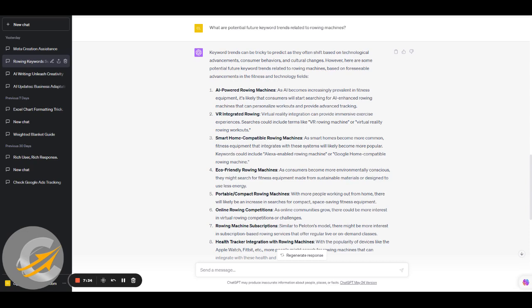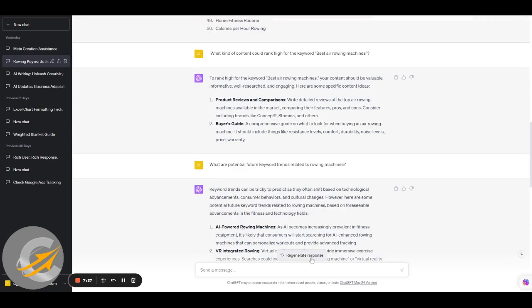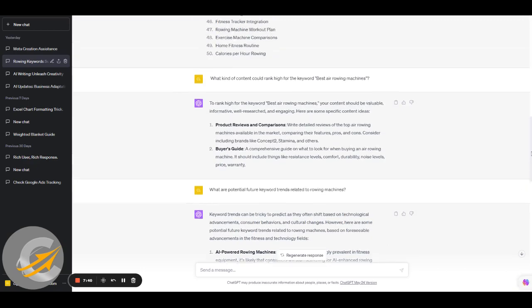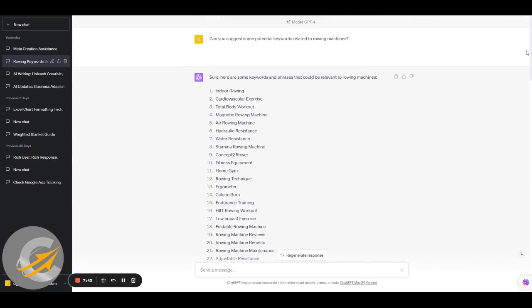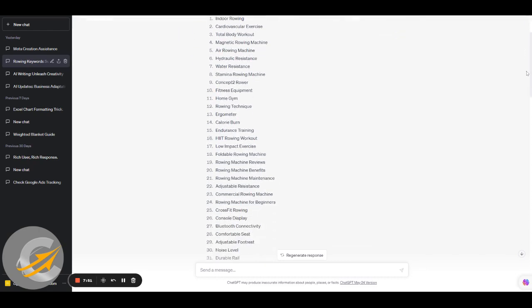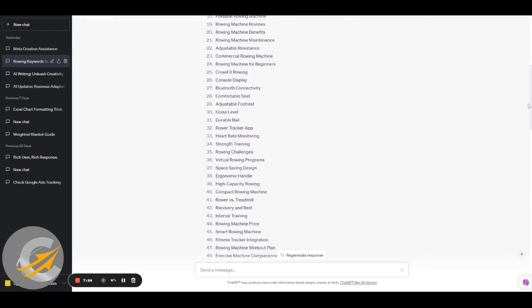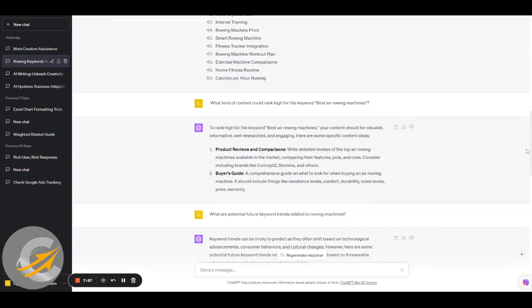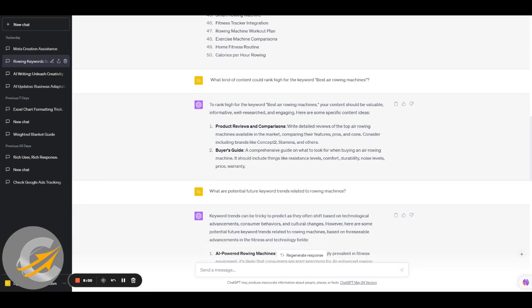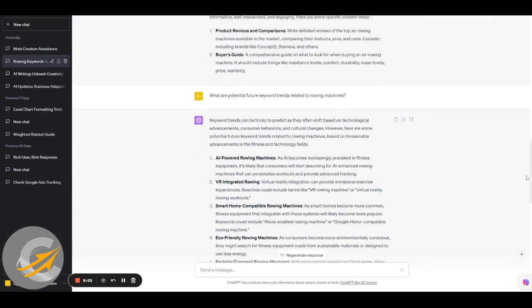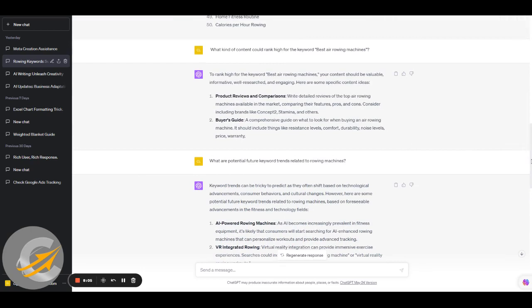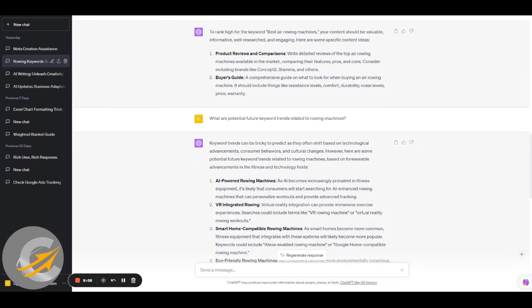So the 3 steps are, number 1, you ask for the suggested keywords. You ask, can you suggest me some potential keywords? You're best grouping some of these and working out, are they brands? Are they individual keywords? And then running searches for them, seeing if there's any traffic for these keywords. And then you ask for the content, what kind of content would work really, really well. And you can ask for help with the content, by the way, as we explored. And then the big one is, what are potential future keyword trends? Really great way to start getting some rankings, even in competitive niches, and do really, really well.